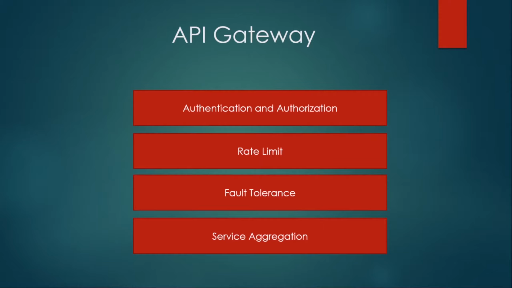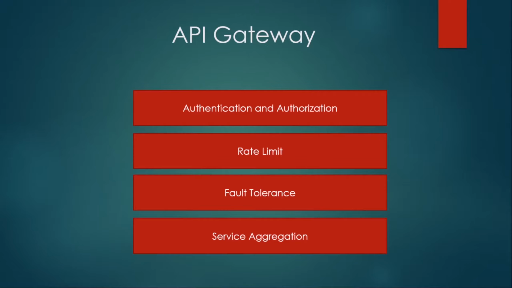There are 3 steps in implementing a Zuul gateway in your project. First of all, you will create a component for the Zuul gateway, that is nothing but a Zuul microservice. The second thing is what your Zuul gateway will do, what are all the actions that it has to perform when it intercepts any request. And the third thing is to make sure your API gateway is hitting the correct microservice and giving the correct response. So we will be looking at all these things.